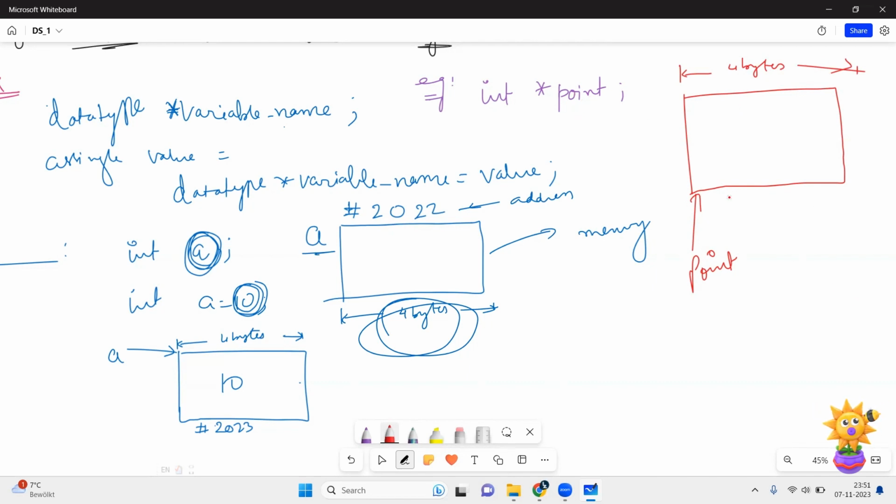So this will have its own address, for example, 5000, but inside it will be empty, isn't it? Yes. Now, if I say integer point equals to